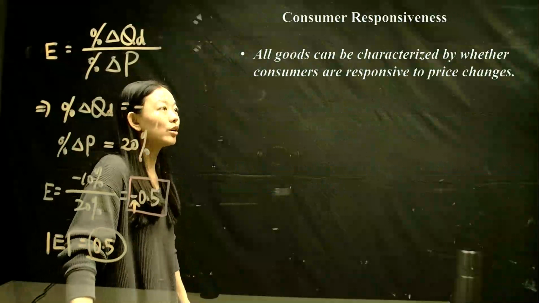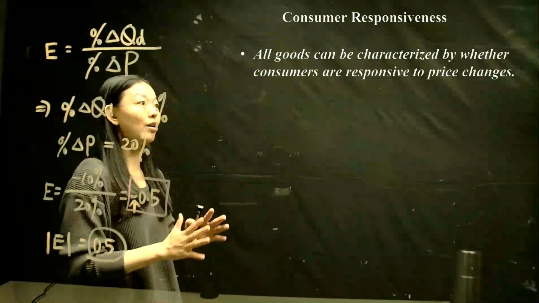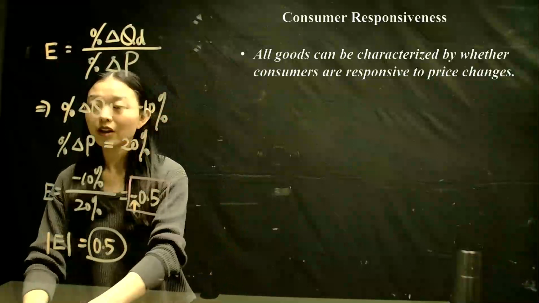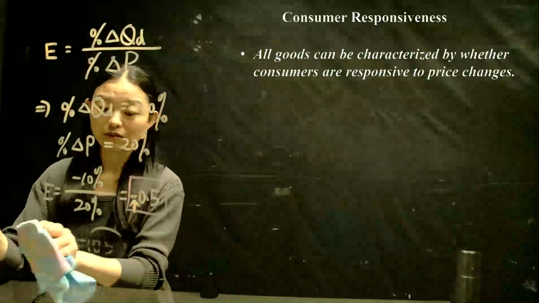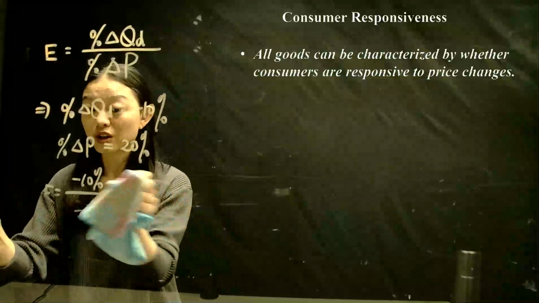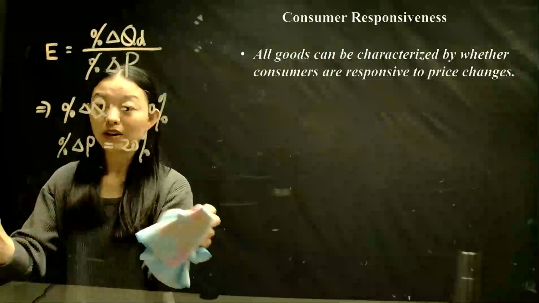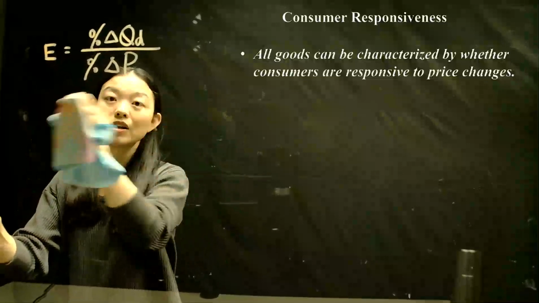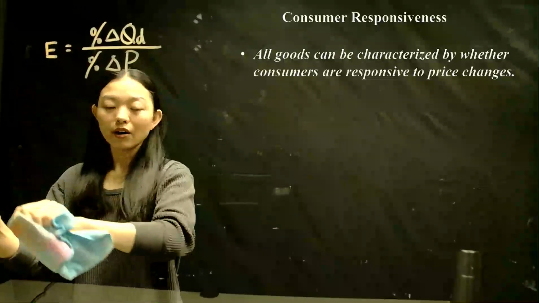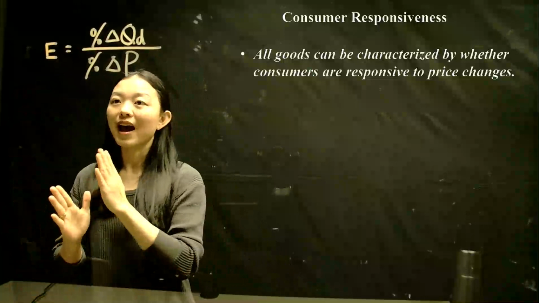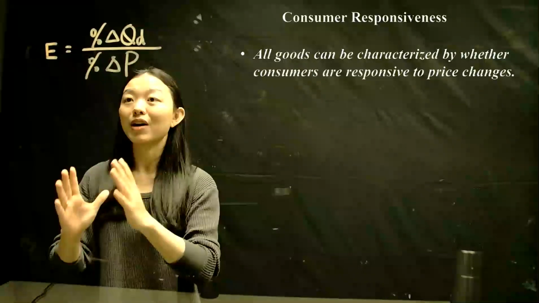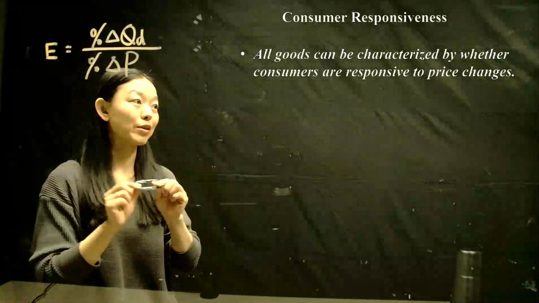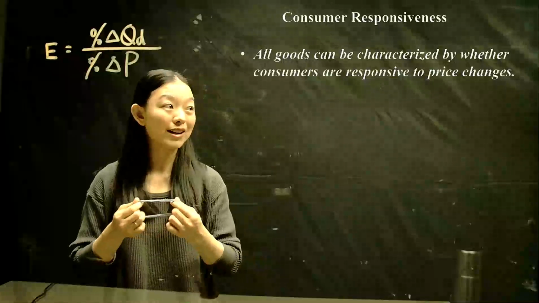And we know that all goods can be characterized by whether consumers are responsive to price changes or not. Consumers may be very sensitive to price changes for some products. For others, maybe they will feel it's okay even if the product price changes, right? So all of those goods and services can be categorized into different price elasticity categories. For example, like this rubber band in my hand, if I stretch it,